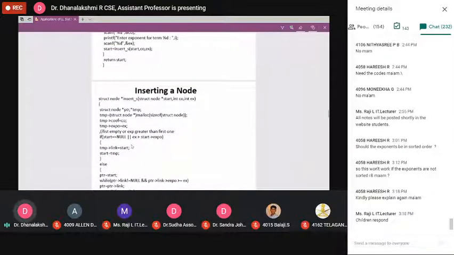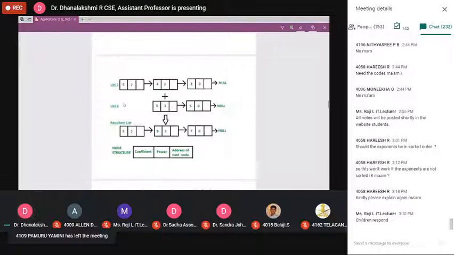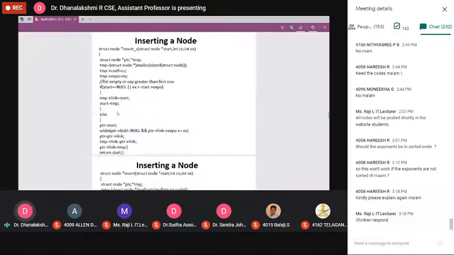Here I am using the OR operator. If any one of the conditions is true, it enters into this loop. That is the operation of the OR operator. With AND, if both conditions are true, it will enter into this loop. If start double equal to null, that means no other address in that start. Instead of list, you can assume here start. No other address means that is the meaning of null.